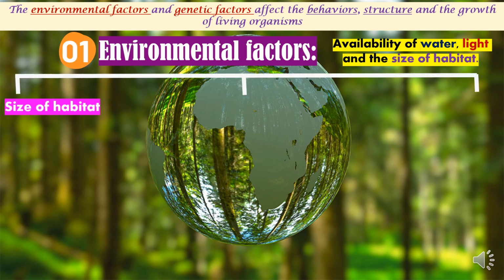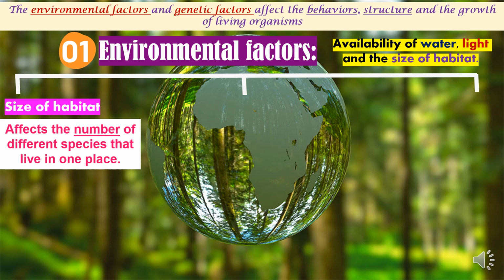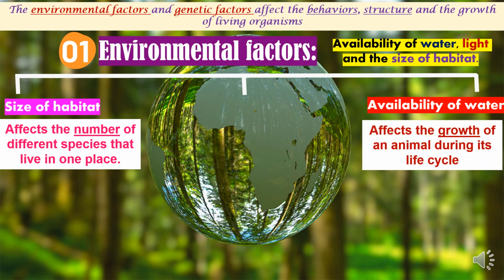Number one is the size of habitat. It affects the number of different species that live in one place. By increasing the size of habitat, such as an ocean, you will find different and more species living there. Number two is the availability of water. We said before that no living organism can live without water, so it affects the growth of an animal during